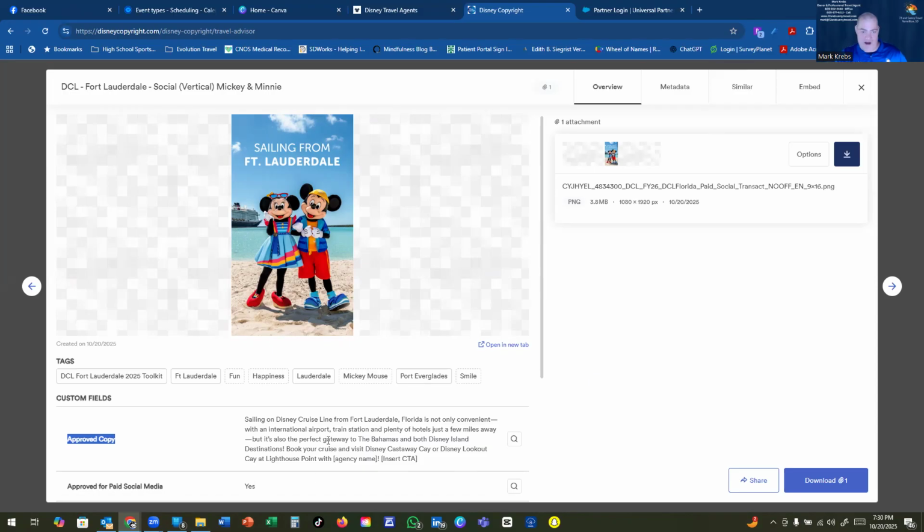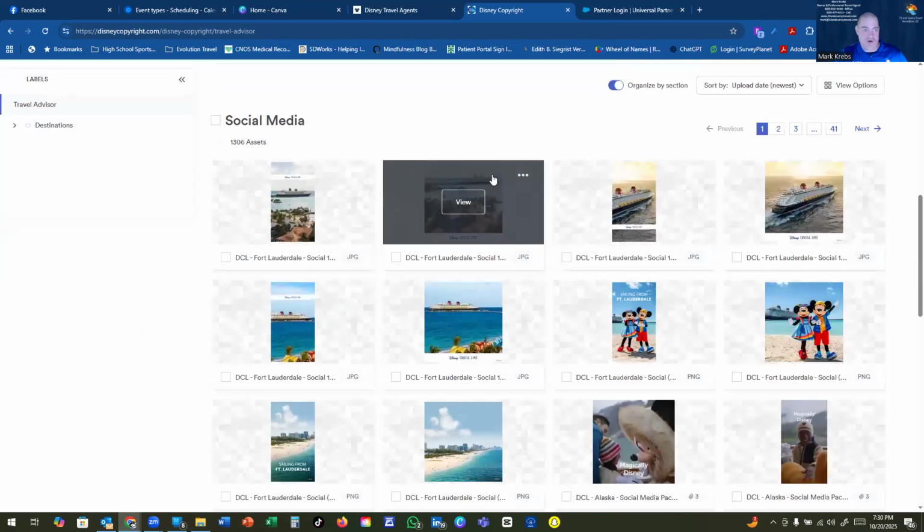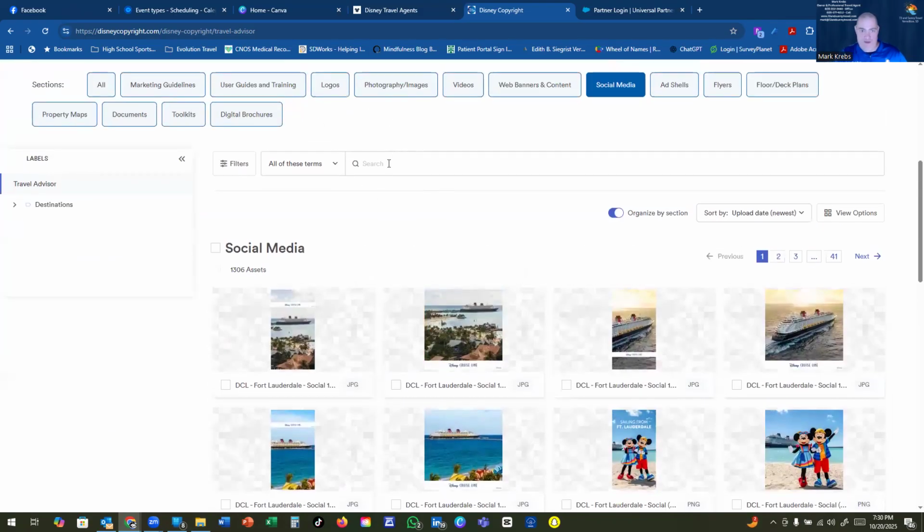So I'll actually come back to this one and do it later. But let's say you're looking for something with Cinderella's Castle.